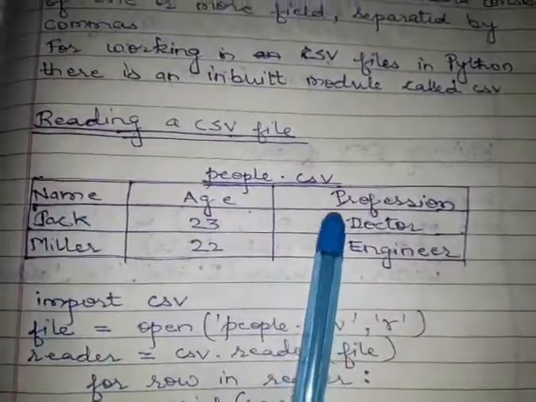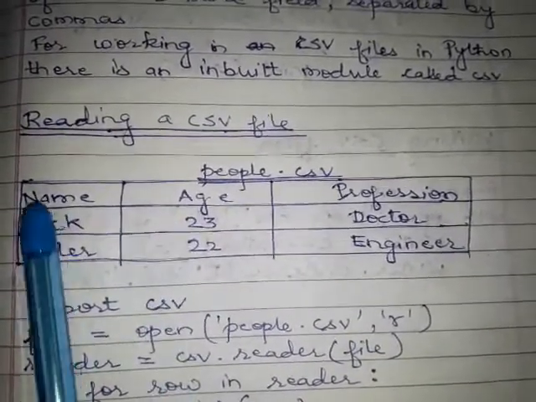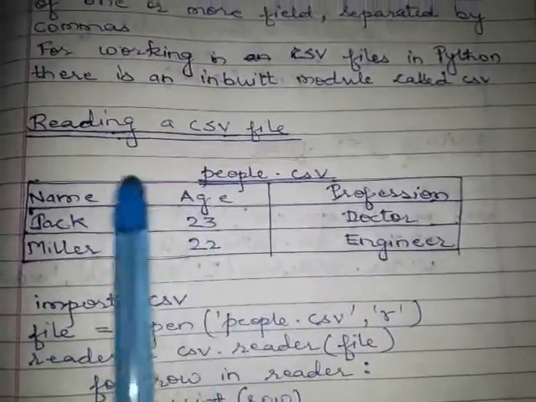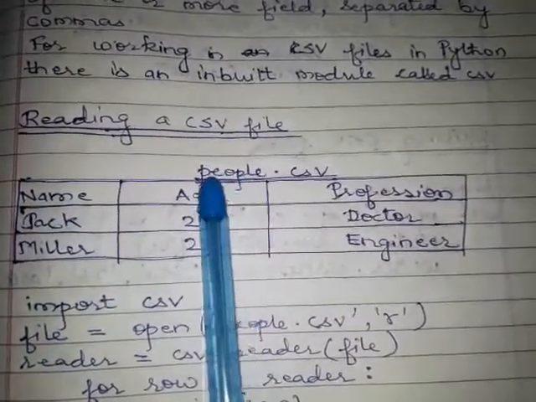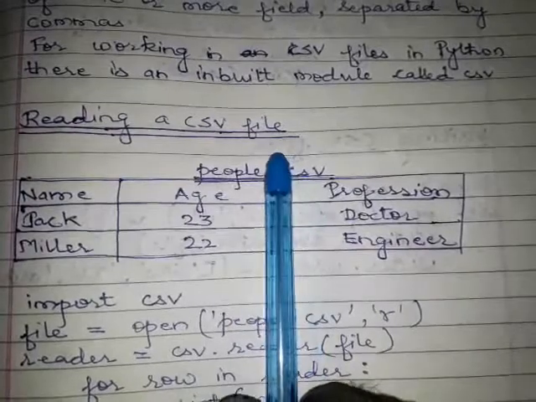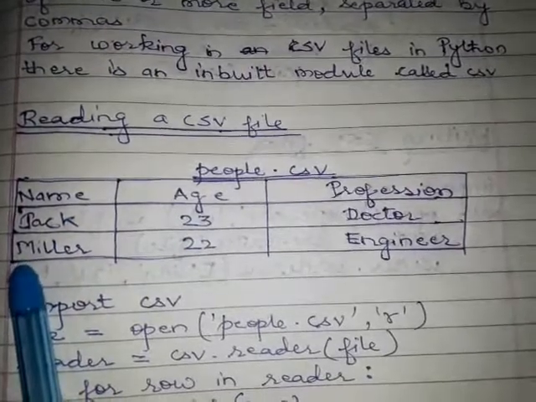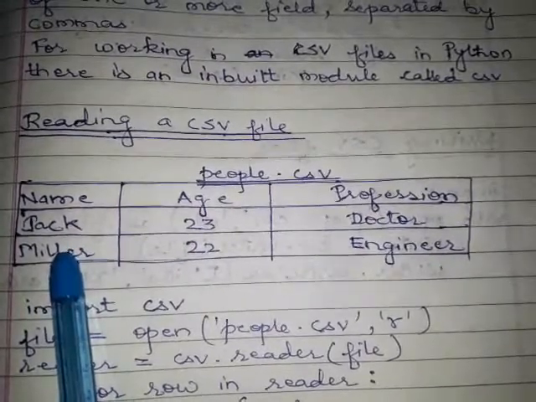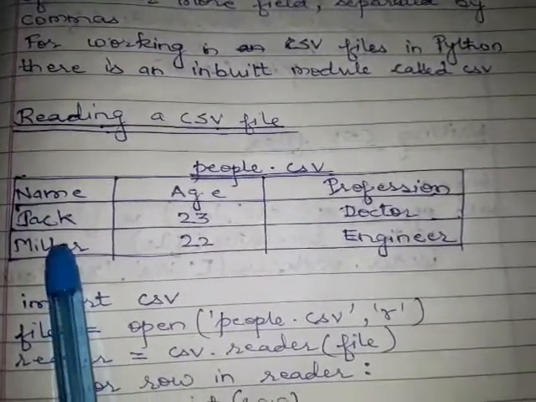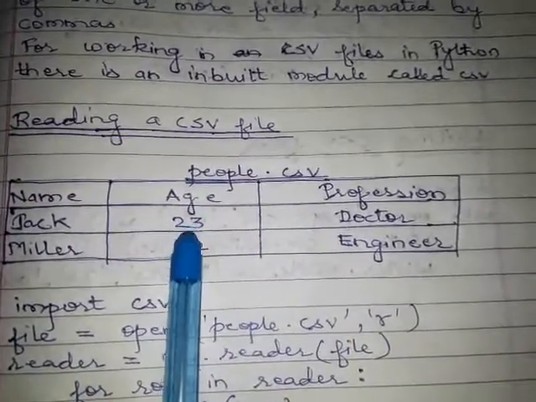Make the test programs, but first of all you have to make this file. I am again showing how to make the file. Open an Excel workbook, MS Excel, type this data, then click on Save As. Give the name of the file as people, don't give .csv, give only people. Then in the Save as type option, click on the drop down arrow, and you have the option CSV (comma delimited). Choose the option and then click on save. This is the way to make a CSV file with the help of MS Excel.